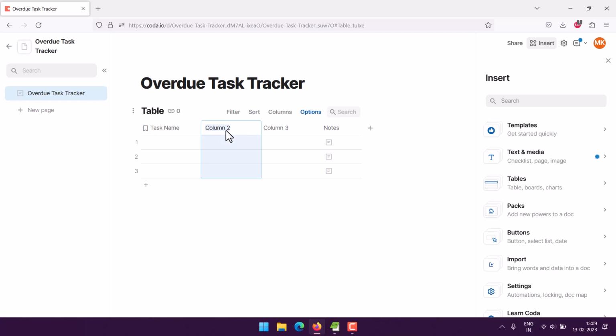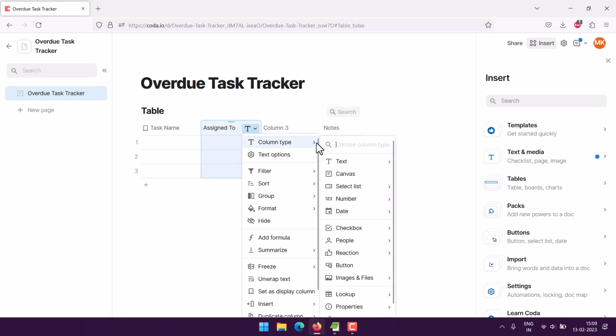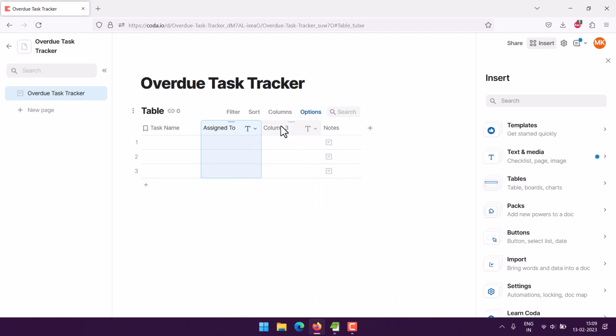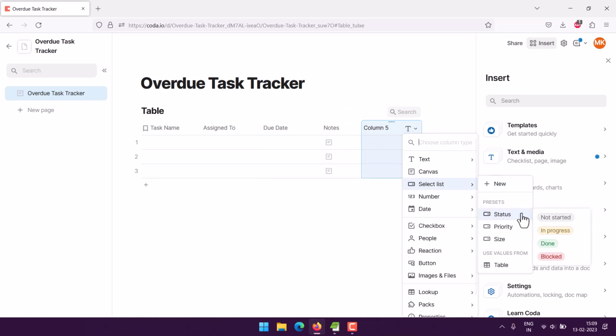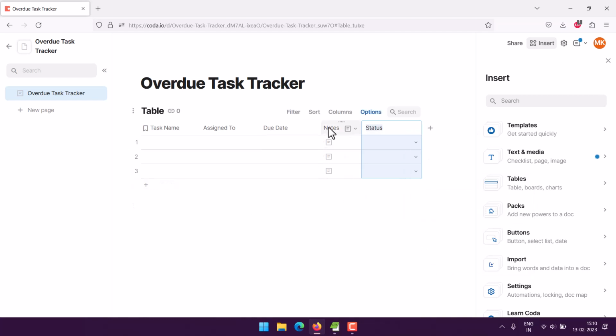Then within column I will use assigned to, and here I can use list or simply use text. Third, I will use a date column, which is going to be due date. Then finally, I will also use a list known as status. So we can use that. Let's move the notes to the end of our